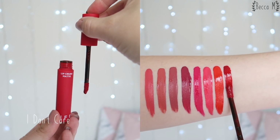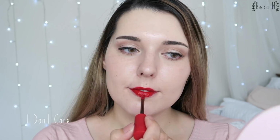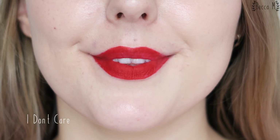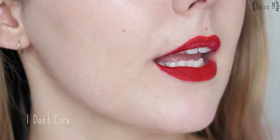I Don't Care is a true blue toned red. This shade is gorgeous, but so hard to work with. I had to use 2 layers to cover up the streakiness, and it turned out even worse than before. I chose to keep this in the video rather than redo it perfectly because this is how it turns out quite a lot of the time. The lipstick dries down too quickly, and it stays quite sticky, which means that it drags when you try to